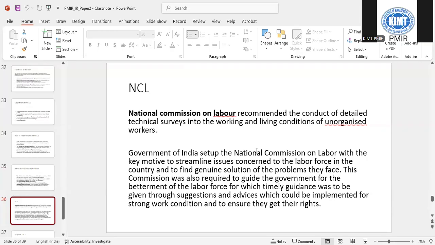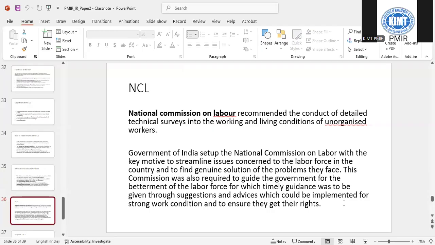The Government of India set up the National Commission on Labor with the key motive to streamline the issues concerned with the labor force in the country and to find genuine solutions to the problems they face. This commission was also required to guide the government for the betterment of the labor force, for which timely guidance was to be given through suggestions and advice which could be implemented to strengthen work conditions and to ensure they get